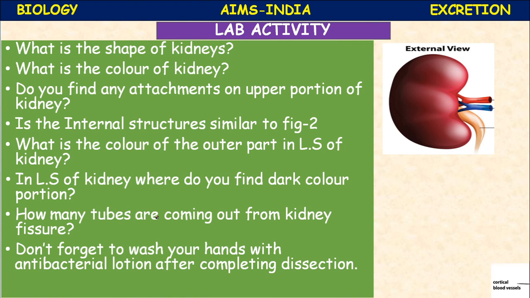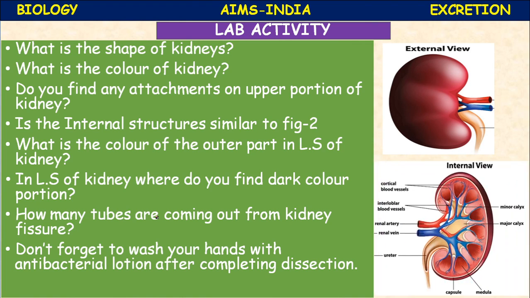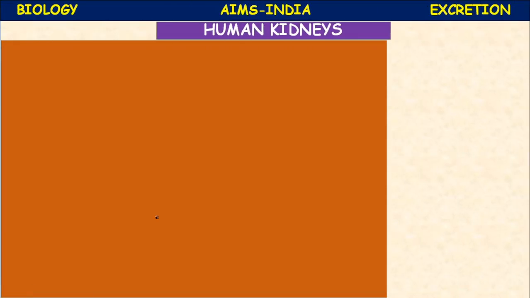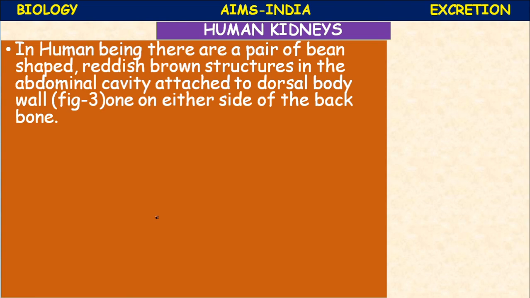Okay. So this is the internal view. So this is already completed yesterday. Let us proceed. The human kidneys. So now let us know the structure of a human excretory system and its functions. In human being, there are a pair of bean shaped reddish brown structures in the abdominal cavity attached to dorsal body wall,